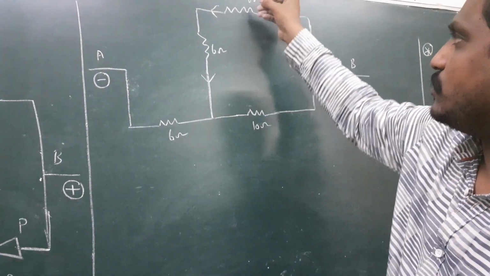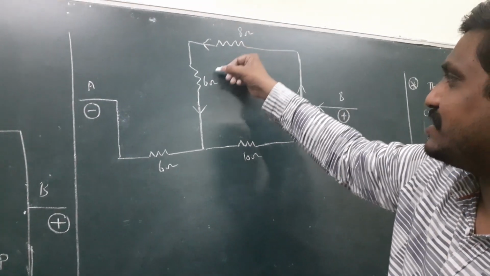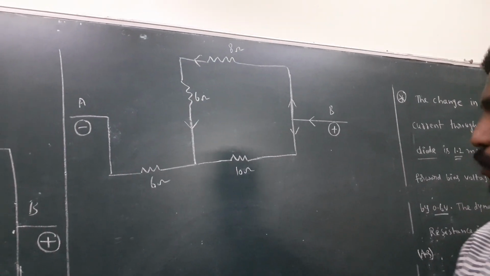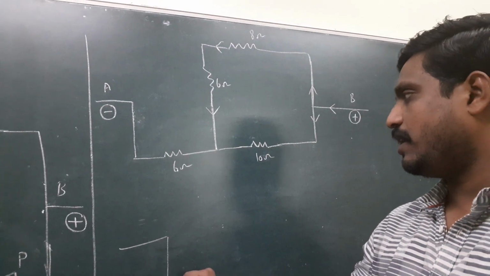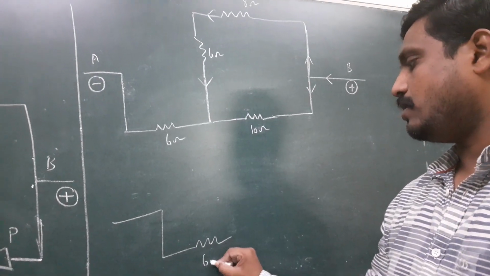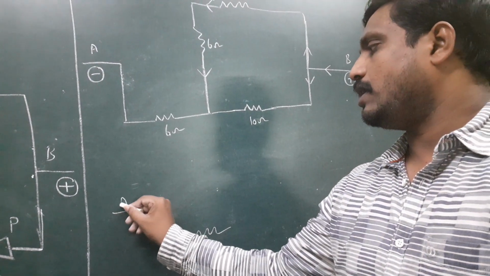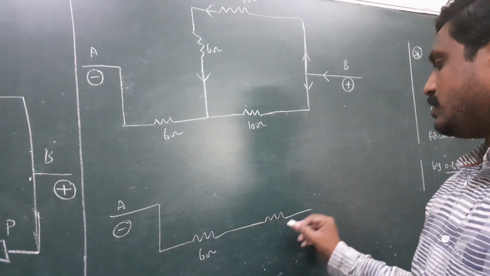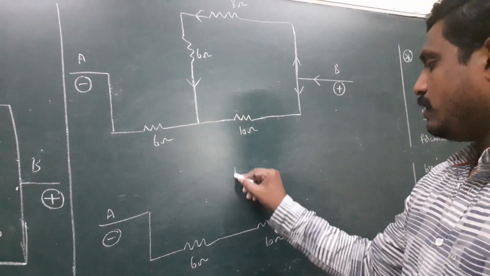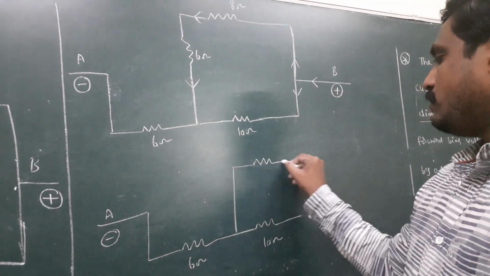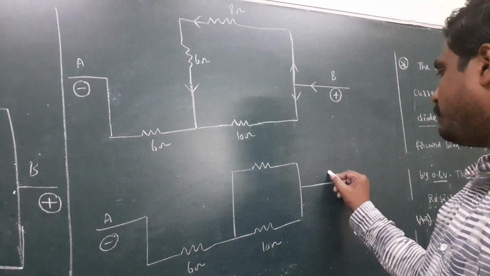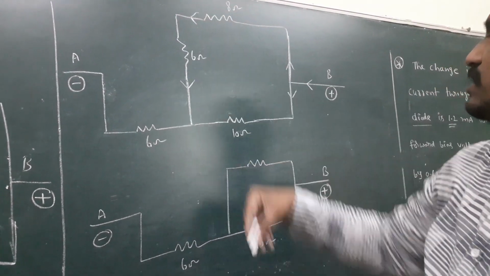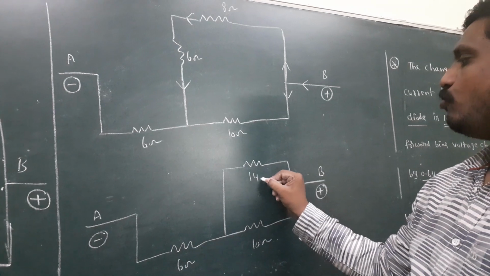That means these two are in series. Series means Rs equals R1 plus R2. I write the same diagram here. 6 ohm. Here A is connected to here. This is 10 ohm. Okay. Look here, this is B. It is connected to positive. These two are in series: 8 plus 6, 14 ohms.